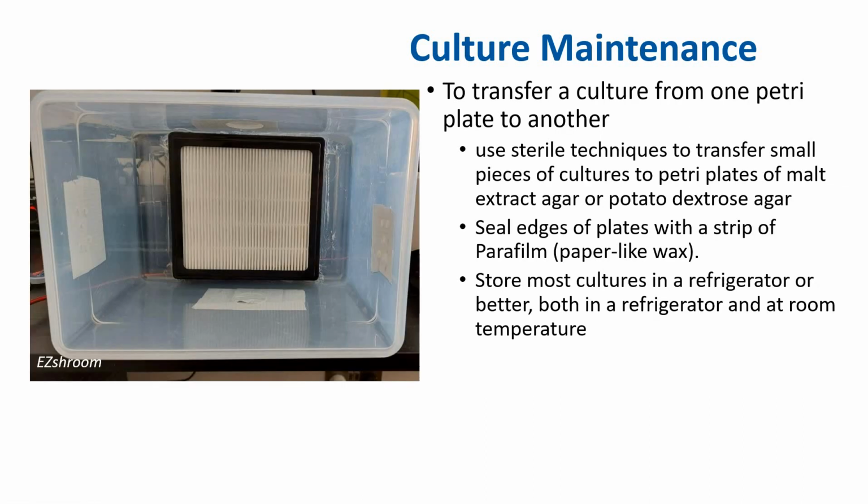To transfer a culture from one petri plate to another, use sterile technique. So you take a little piece of the culture, and then you transfer it onto new medium, such as malt extract agar or potato dextrose agar. You seal the edges of the plate with a strip of paraffin. This is not completely necessary. You can use saran wrap, for example,